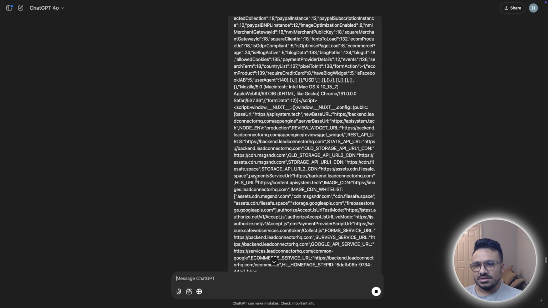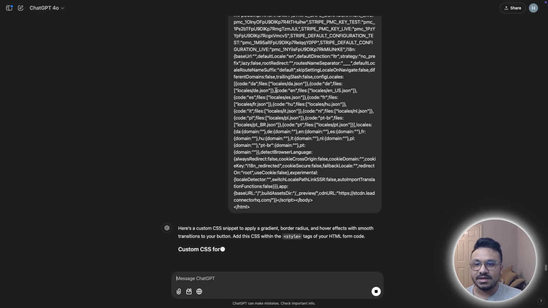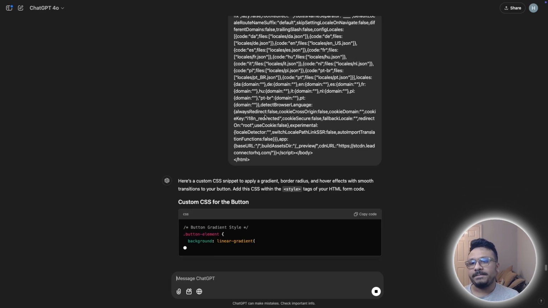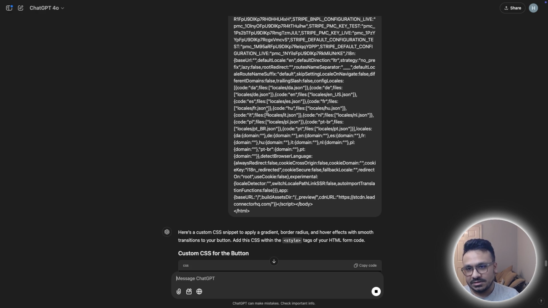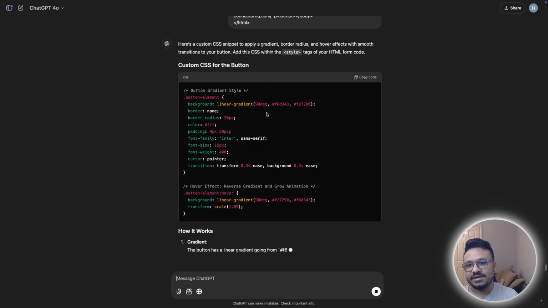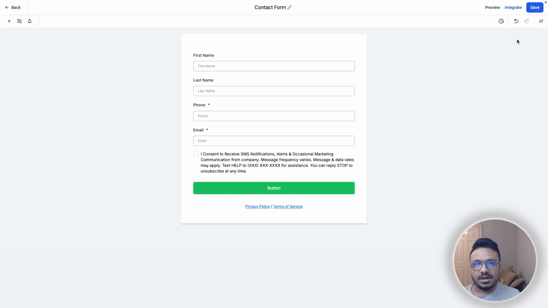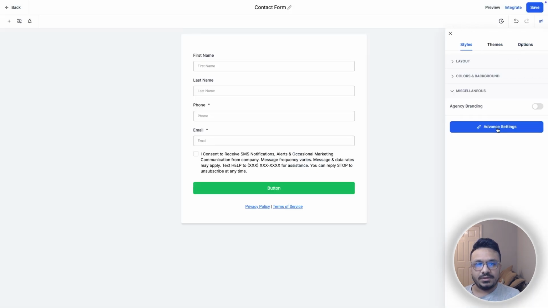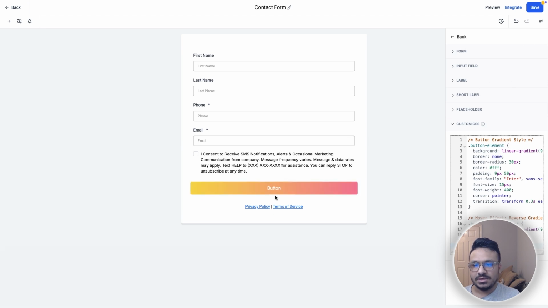As you can see, it's a really long code. That's why I said sometimes it may not take the entire thing as an input, but if that doesn't do it, you just need to save this entire code as an HTML file on your computer and upload it as a file. That's pretty much it. So that's the copy. I just need to copy the code here, and I'll put it here under advanced custom CSS. That's it. As you can see, it has started